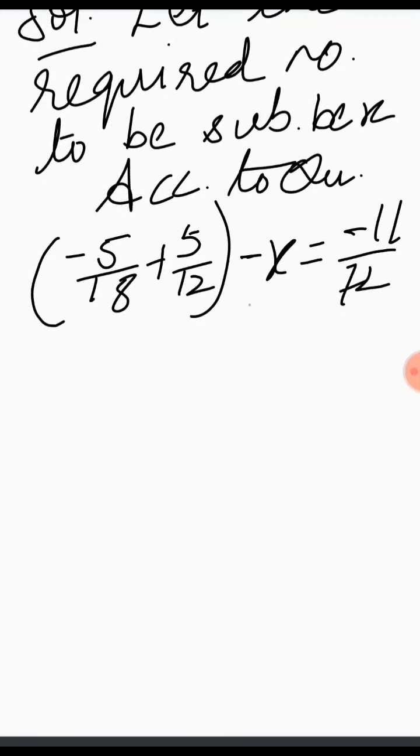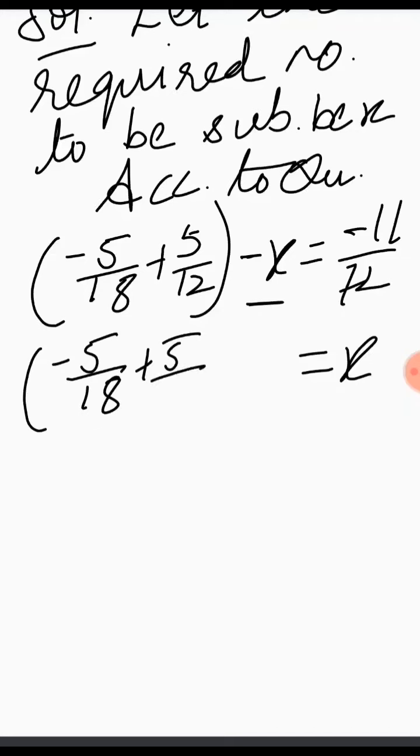Okay children, now in the same way you have to find the value of x, and children, see, it's your choice, either you keep this x on the left side or transpose it to the right side. Now in this case it will be easy for me to transpose it on the right side, as this x is negative. If I transpose it here, it becomes positive, you know. And now numbers I want on this left side. So first the term which is already there, I will write as it is without changing any sign. And this minus becomes plus 11/72.